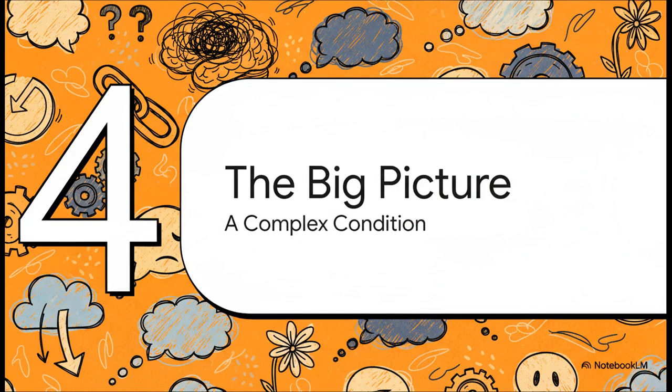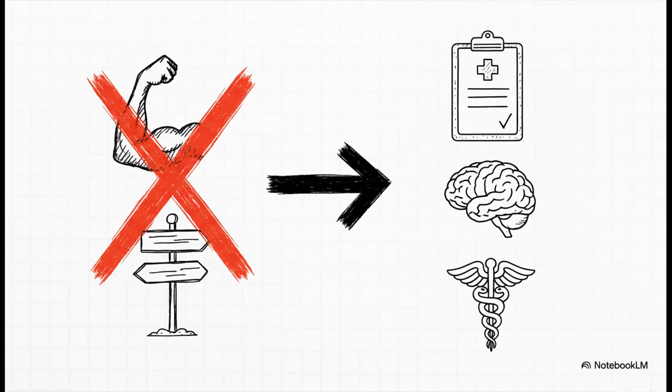Okay, so we've covered the definitions, the different types, and the complex causes. Let's zoom back out and pull together the most important takeaways from all this. If there's one thing to take away from our time here, it's this. Whether it's an acute episode of MDD or a long-term case of dysthymia, we are talking about legitimate medical illnesses with real biological and environmental roots. They are not a sign of personal failure or a lack of willpower, period.